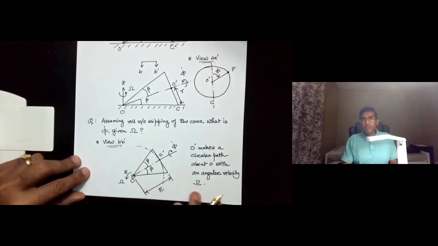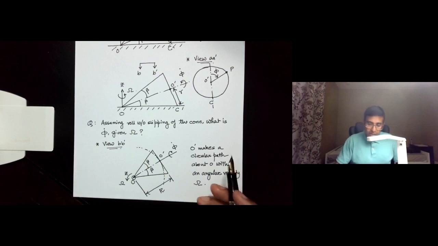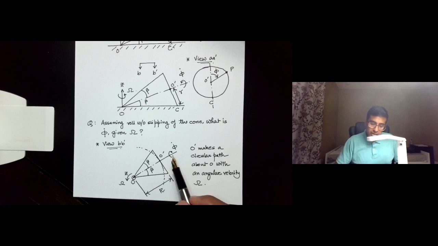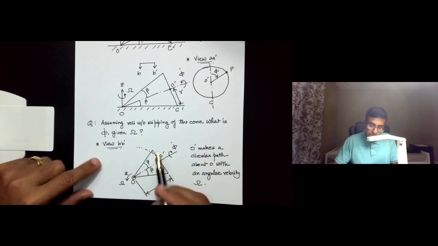and our goal, let us go back to the goal of this problem. We want to find out what this phi dot is. Clearly, if the cone is rolling without slipping, you can imagine that phi dot is going to be directly dependent on omega, because they are not independent due to the rolling. Okay, so because of the rolling, this spin angular speed is determined by this rolling angular velocity. Now, to solve this problem and to find out how phi dot is related to omega,